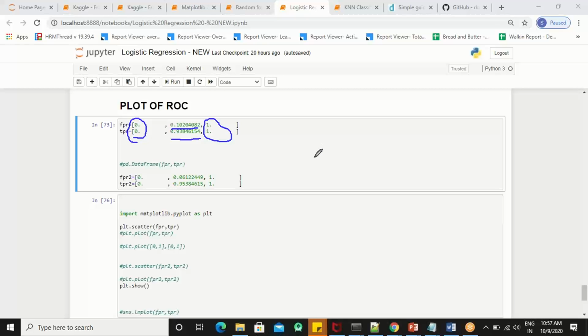क्योंकि हमें पता है कि अगर आपको कोई भी चार्ट बनाना है, यू नीड अ स्टार्टिंग पॉइंट, यू नीड अ एंड पॉइंट, एंड यू नीड अ इंटरमीडिएट पॉइंट, बिकॉज अदरवाइज तो एक लाइन बन जाएगी. अगर आपको कर्व बनाना है, यू नीड मिनिमम ऑफ 3 पॉइंट्स. इफ यू नीड अ लाइन, you need minimum of 2 points, right? But since it's a curve, you need minimum of 3 points. Where this point is the actual FPR TPR, these are just the references or the thresholds, whatever you want to say, the minimum and the maximum thresholds, the 0 and the 1 values. Okay,